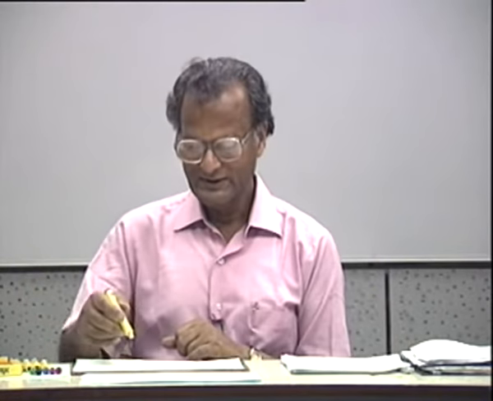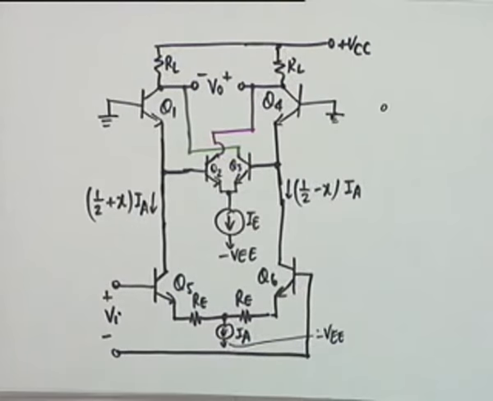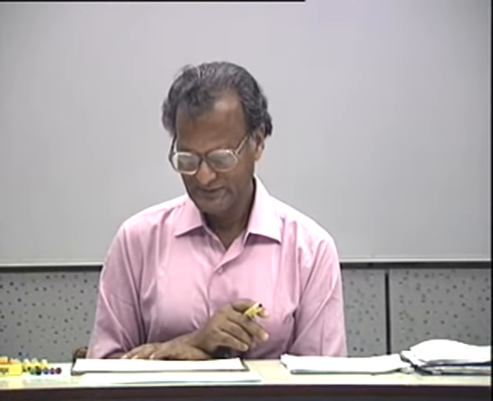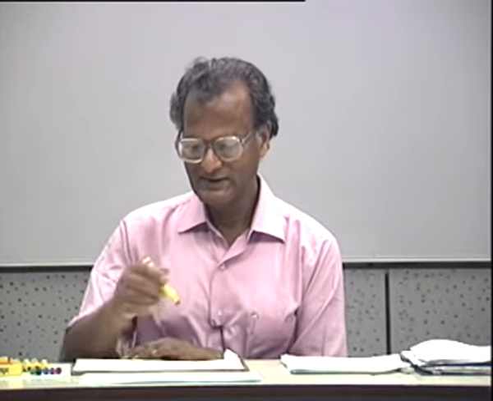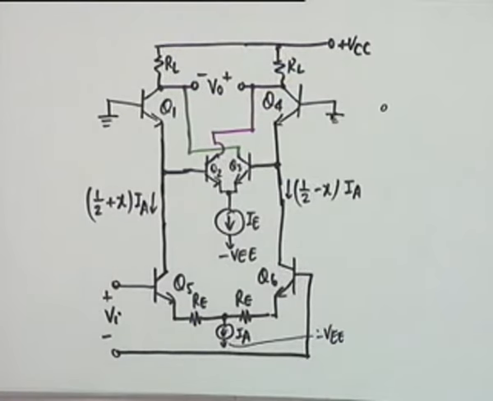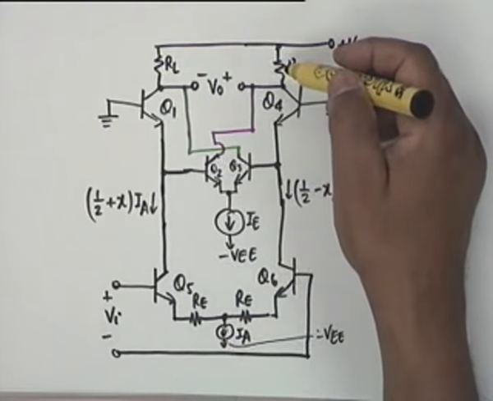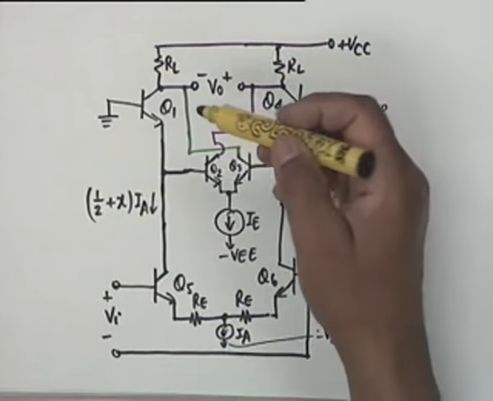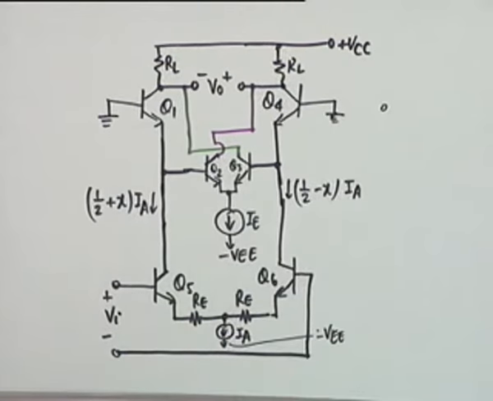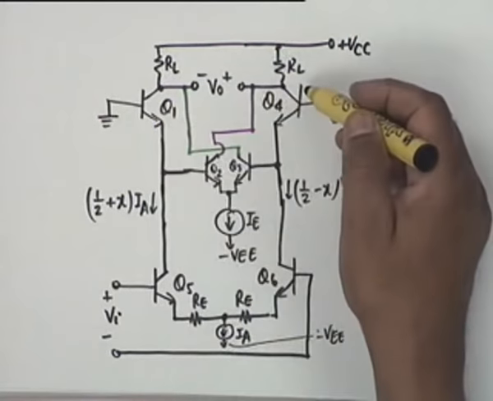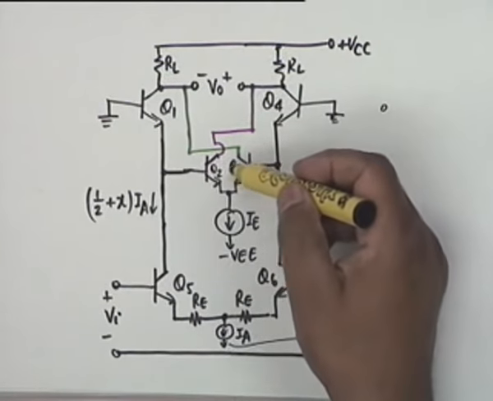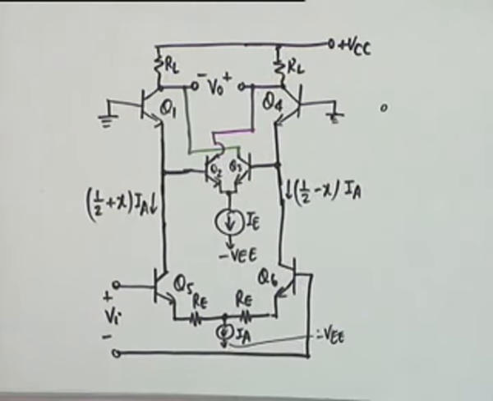Okay? Now, this is the total circuit. This is the chip that is available. Now, there are modifications, and very simple modifications. One of them is that these loads may not be actual resistances. If you want a very high gain, then these loads will be replaced by an active load, a current source. Okay. In a similar manner, for Q1 and Q4, if the betas are not adequate, then you might use a Darlington here for Q1 and Q4. This applies to Q2, Q3, Q5, Q6 also.